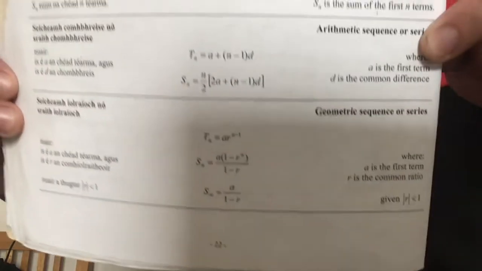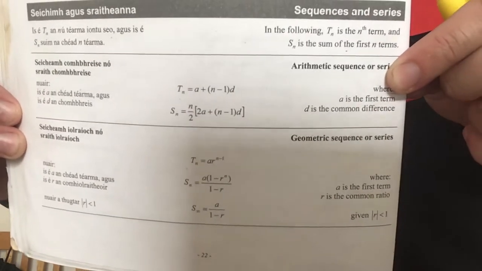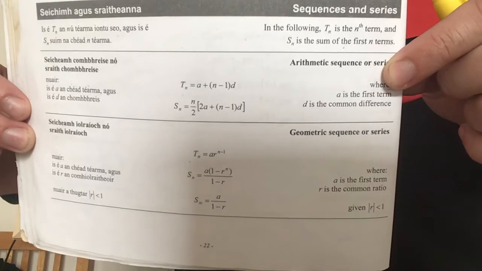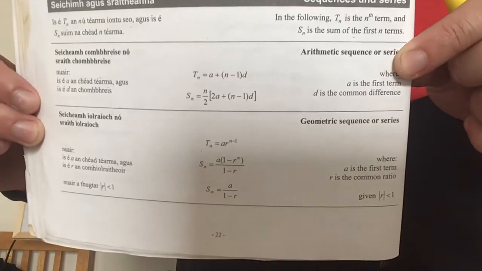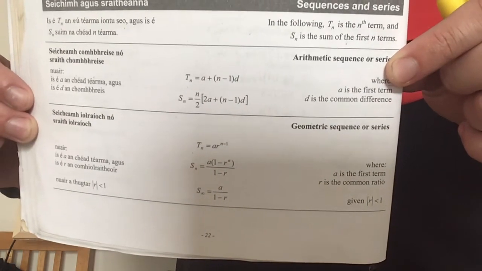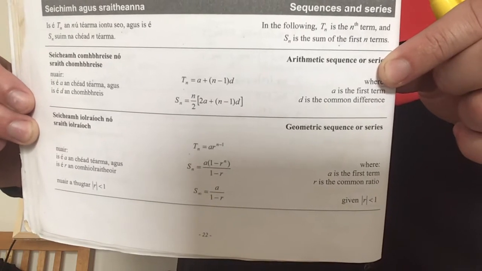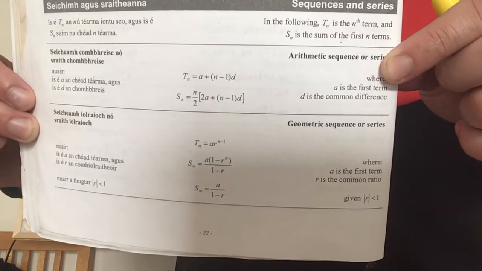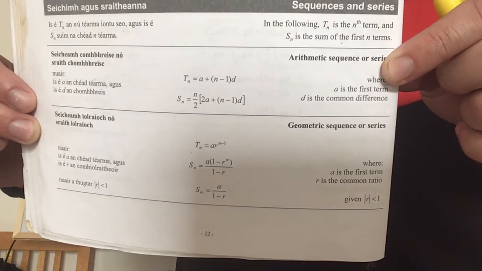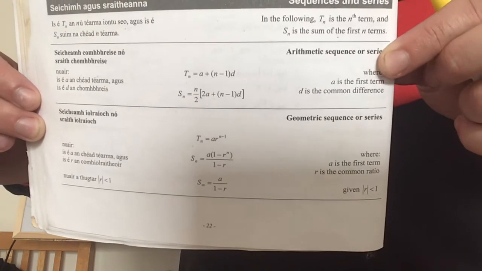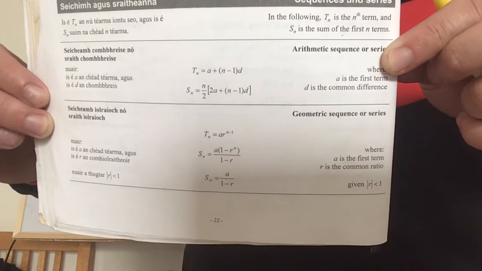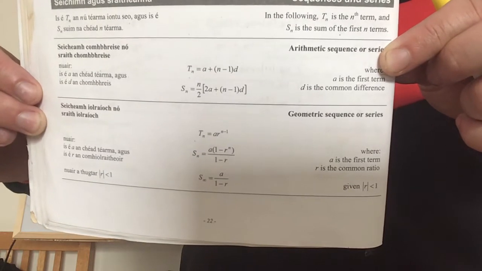With sequence and series, most of the information you need is on page 22 of the log tables. So I recommend you pause the video, go get your log tables and come back to me when you have them open on page 22. Okay, good. So the main two types of sequence and series are arithmetic sequence and series and geometric